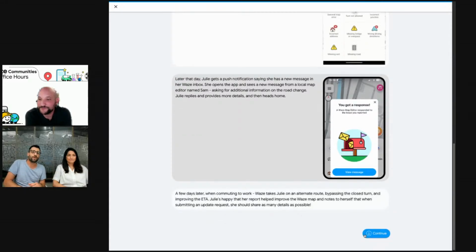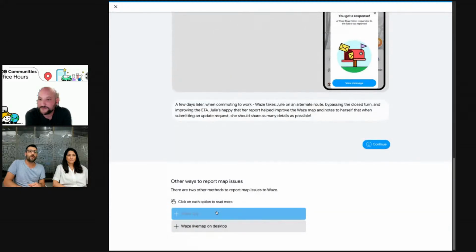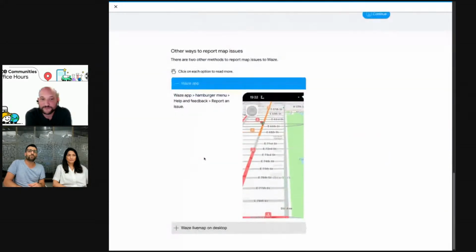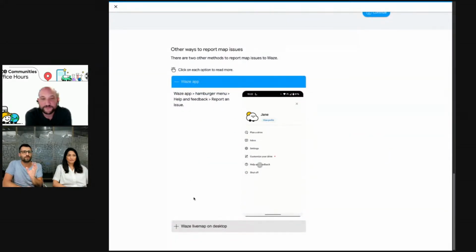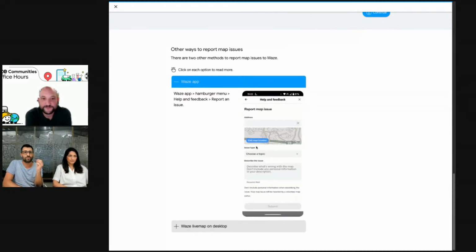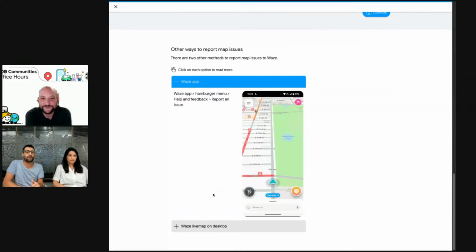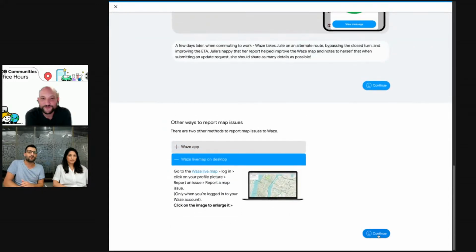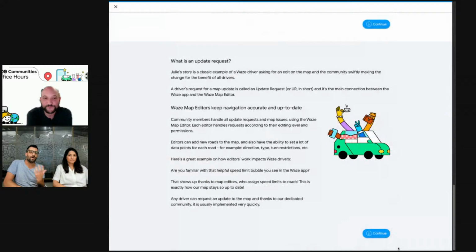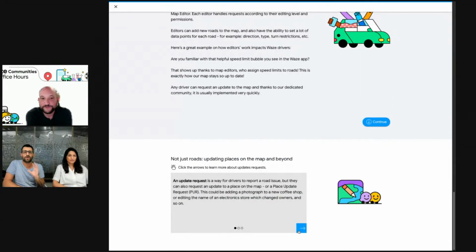So you read the story, and then you click continue, and you have these components where you open and read the text, so it can be accessible and easy to consume and engaging and fun. And there are a lot of GIFs you can watch that show exactly what is described in the text. And moving along, we talk about update requests, and I'll let you guys go over it.